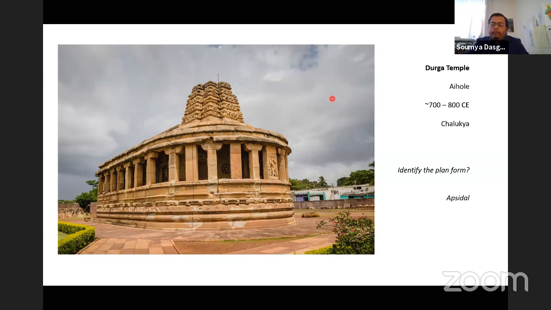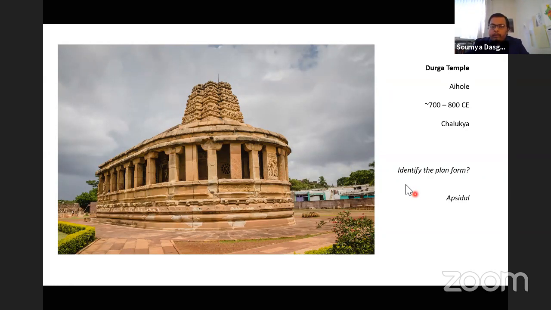So remember, one of the examples of the apsidal plan form is here in Aihole, the Durga temple. There are others in Kerala, which I don't think I have an example of. Do we have chat messages here? Apsidal, yes, Rishabh, that's apsidal, right? But moving on,